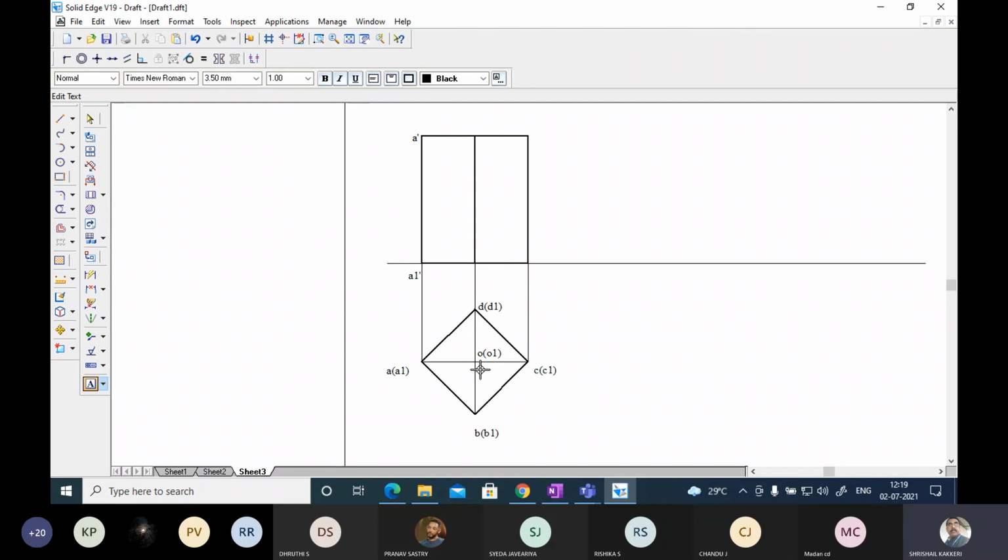And again it is B1 and D1. So what I am doing is, first I am going to write B dash, and in bracket I am going to write D dash. Okay, and here also I am going to write B1 dash in bracket D1 dash.